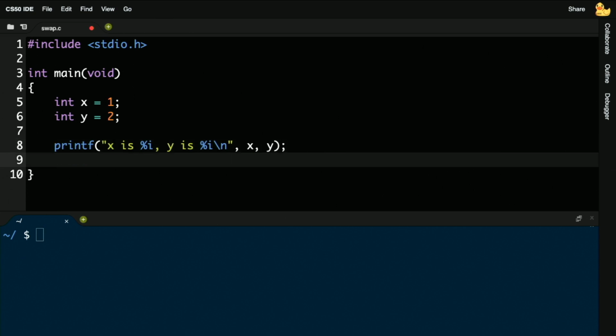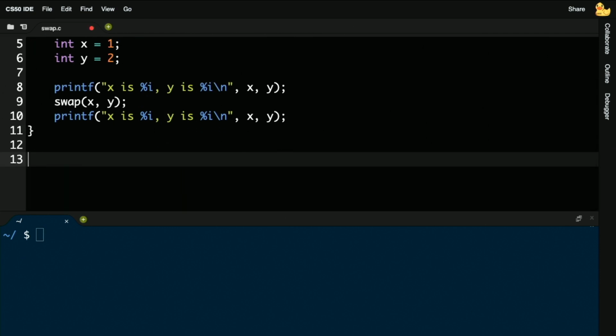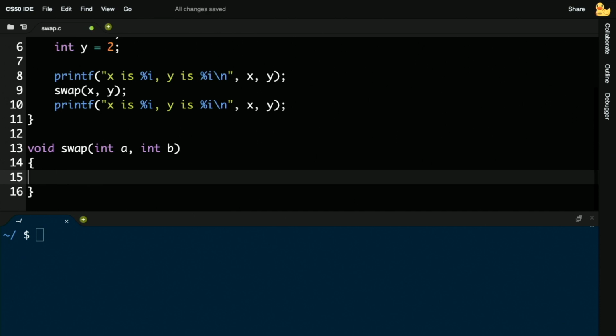And then I'm eventually going to write a function called swap that swaps x and y. But let's assume for the moment that exists. It doesn't, because what I then want to do right after that is just reprint the same thing. x is now %i, y is now %i, my presumption being that the values of x and y will be swapped. So how might I swap these 2 values? Well, let me go ahead and implement my own function. I don't think it needs to return anything, so I'm going to say void is the return type. I'll call it swap. It's going to take 2 arguments as input. We'll call them a and b, both integers, but I could call them anything I want, but a and b seems reasonable. And now I want to go ahead and swap 2 values.